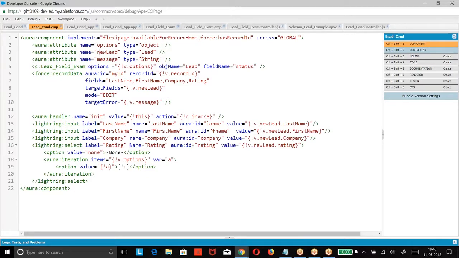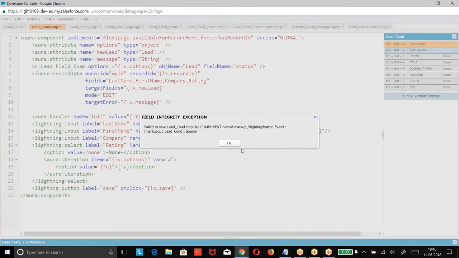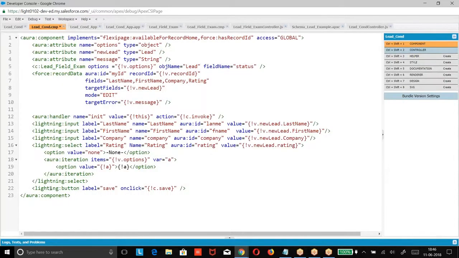You are going to enter the data, click on save. When you click on the save, record should be saved to database. Now you are supposed to create an extra button which will save the record. Lightning button, label, action. Save. What was that? No, component with the lightning button. Now save. When I click on the button called save, record should be saved.